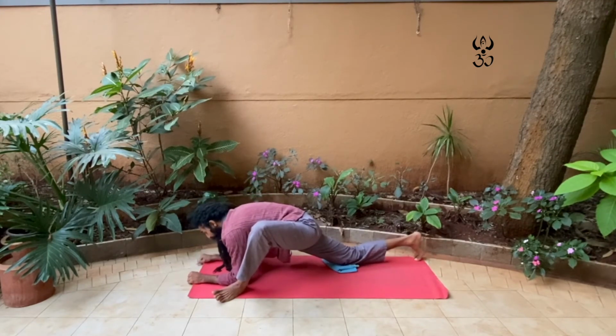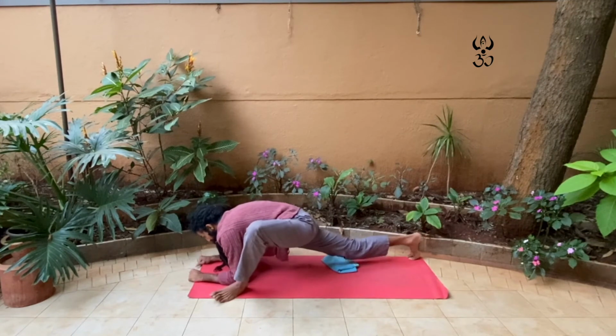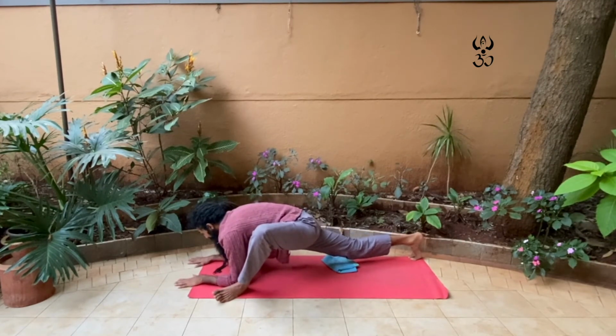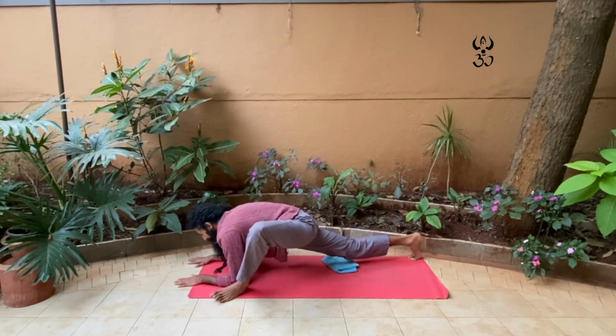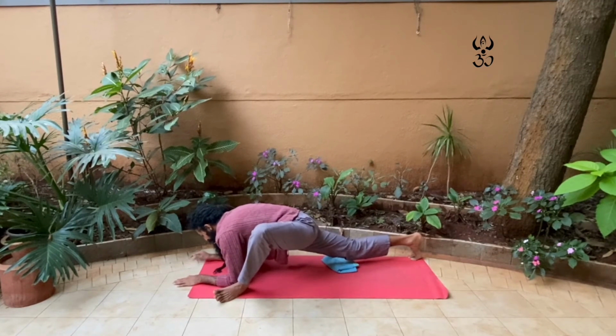And if any of you all want to add a challenge for yourself, you can lift your right knee up into the air, coming into the full variation of the posture. Again, breathing long, deep breaths. For 4, 3, 2,